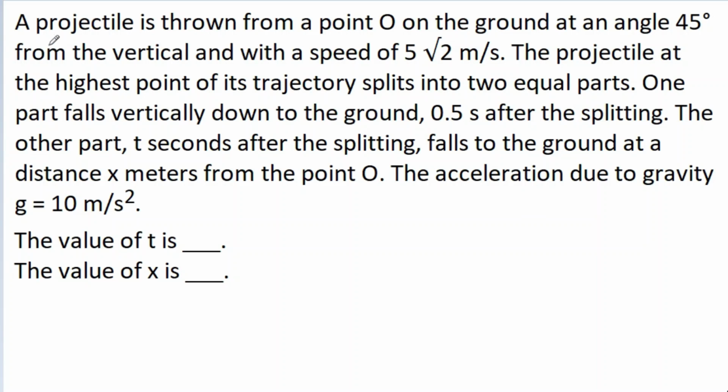In this video, I have taken a problem from JEE Advanced 2021. It is given that a projectile is thrown from a point O on the ground at an angle 45 degree from the vertical and with a speed of 5√2 meter per second. So from a point O, a projectile is thrown